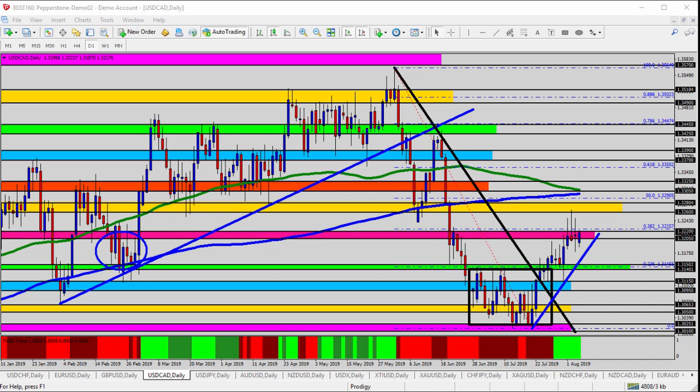dealing with. Of course, the previous downtrend, the black trend line, a significant downtrend, falling from all the way up here in the mid to upper 1.35s, top of the black trend line, all the way down here into the 1.3000 level, just near the bottom of the chart, the bottom of the blue trend line. Then, of course, the blue trend line, a little bit of a rising trend, a pullback, a retracement of